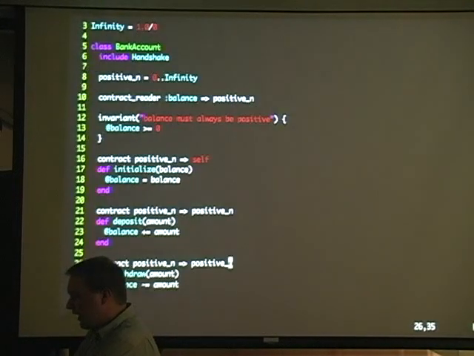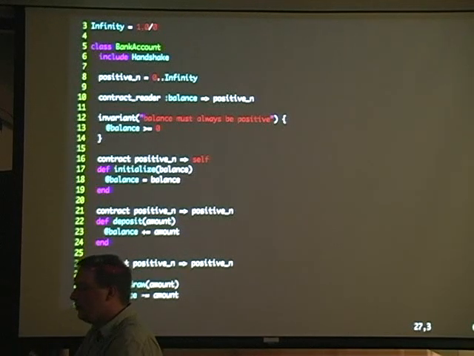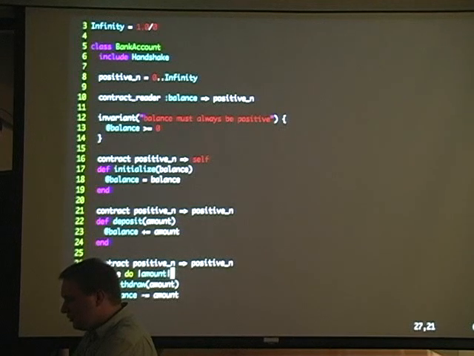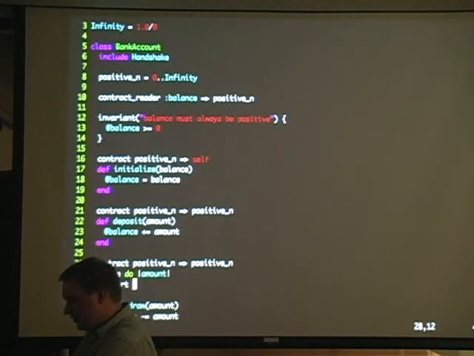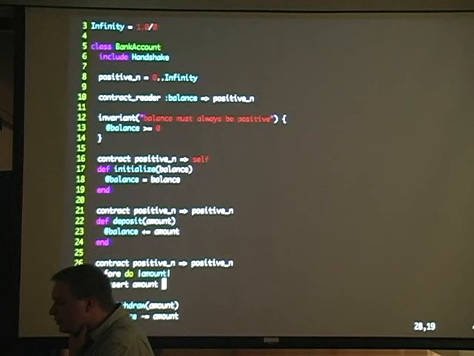And finally, you can add a little bit better logic, right? You can tell it, don't withdraw too much. If you want to define a contract directly on the method that tells it not to withdraw too much, you can define a precondition on that method. And you can say assert amount is, goodness, what is it? Is less than or equal to,